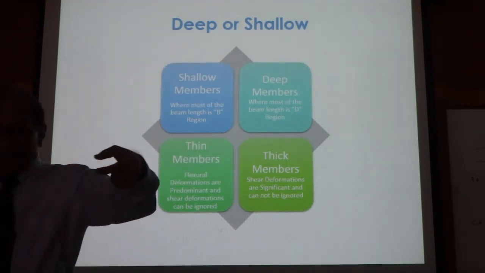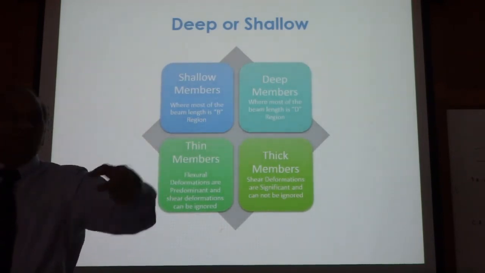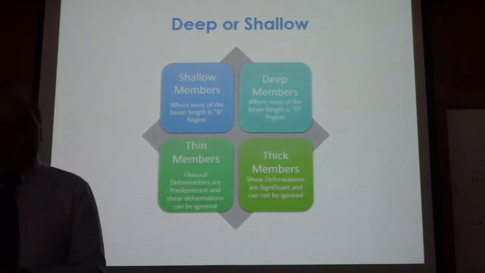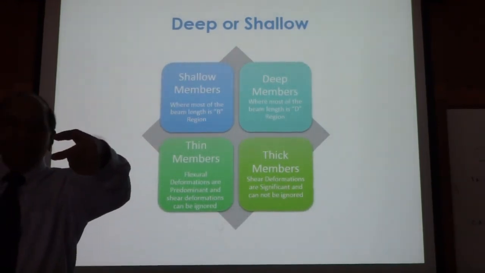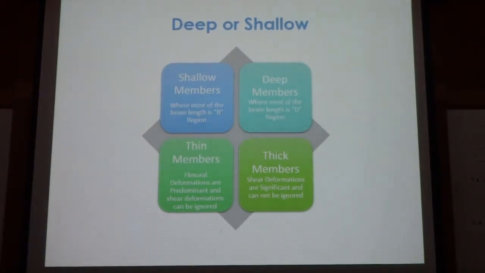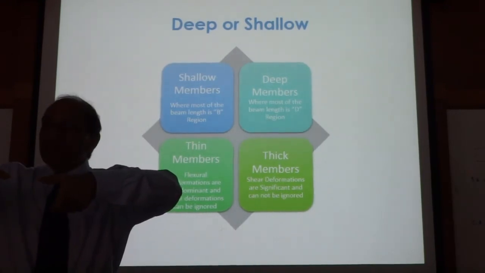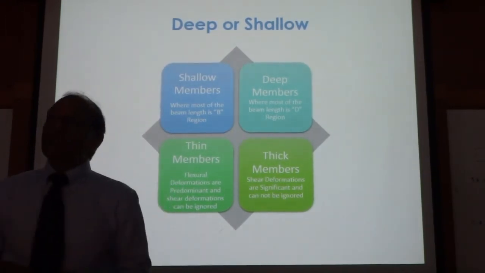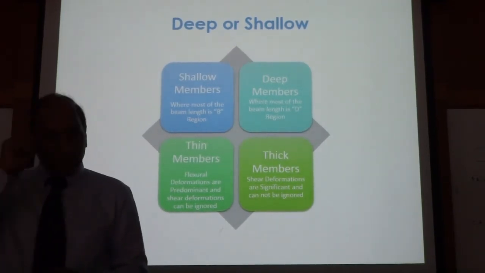So if the beam is very flat, very small, if you bend it, most of the deformation will come from flexure because that is a weak direction. On the other hand, if you have a very thick plate like this, and you try to bend it, the bending stiffness is very high. It cannot bend anymore because the moment of inertia is too high, right? bd cube over 12, right?